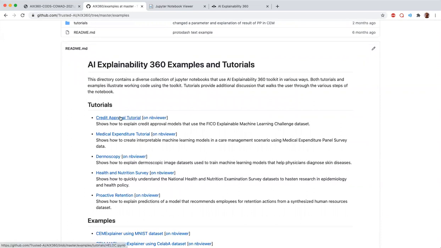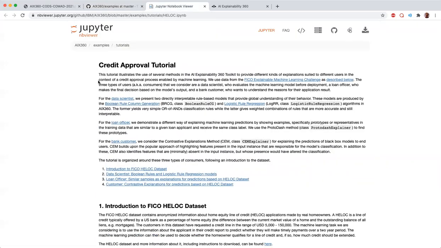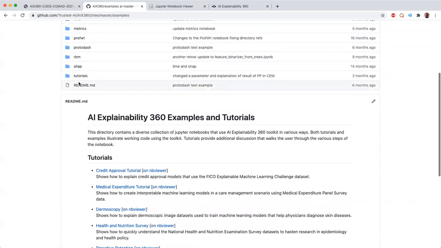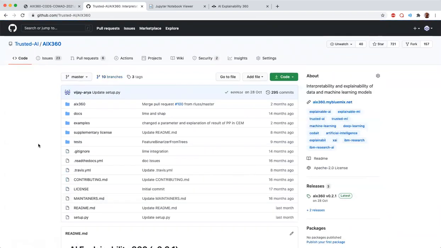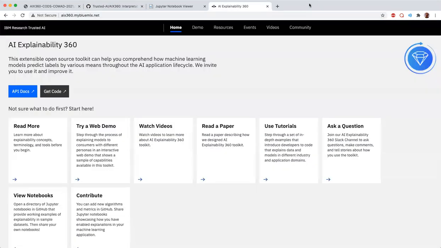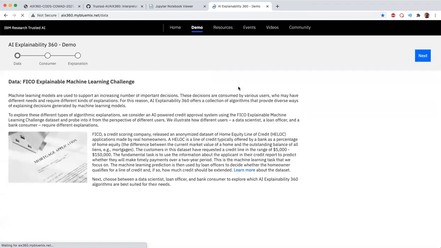And the demo that I'm actually going to go over in this video is essentially based on this particular Python notebook tutorial. I've already opened that here, and in order to go to the demo web page, you can go to the main GitHub page and then click on this particular link. I've also opened that up here. So if we go to the demo here, this is a demo that showcases three explanation algorithms from AIX360,